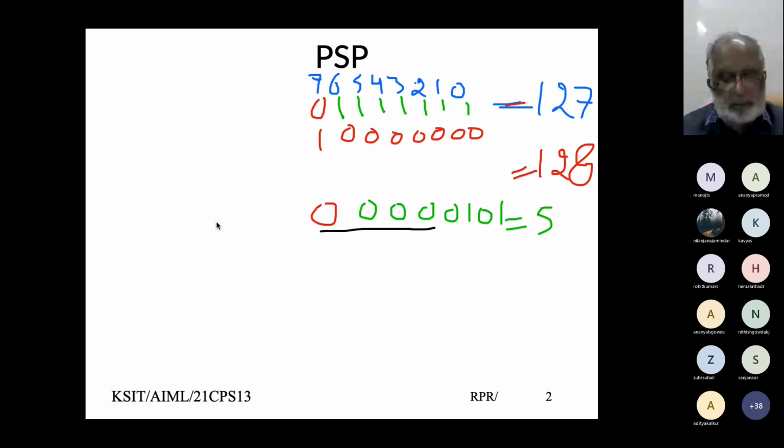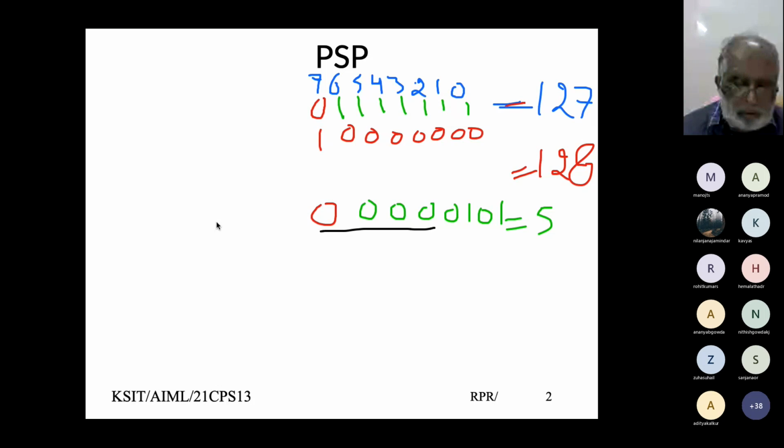it takes the complement of this number, which is called 1's complement. That means wherever 0 occurs, make it 1, and wherever 1 occurs, make it 0. So if I were to make it 1's complement, my number would be 1 1 1 1 1 0 1 0.